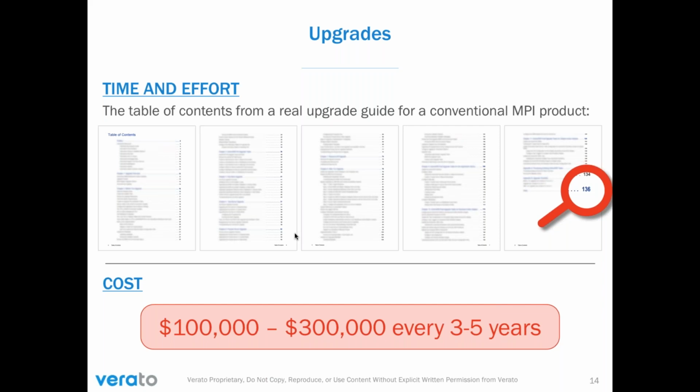There's often times where the MPI vendors will basically force their customers to upgrade. If you are on a release that's somewhat old, or if there's some critical issue, organizations can be forced into this path of doing an upgrade project, which oftentimes is not a seamless affair. Sometimes upgrading the MPI, which is a fairly complex system, can cost almost as much as it takes to implement, or at least a significant fraction of that. So we see this upgrade being another one of these issues that catches clients by surprise. After just a few years of operating, all of a sudden they're faced with another implementation around this upgrade event.